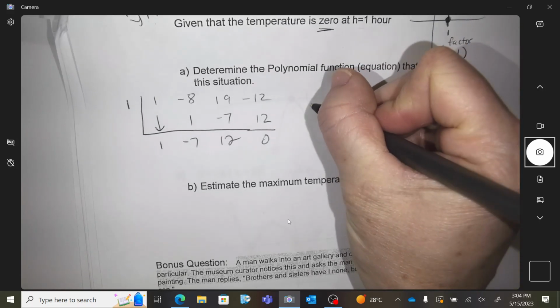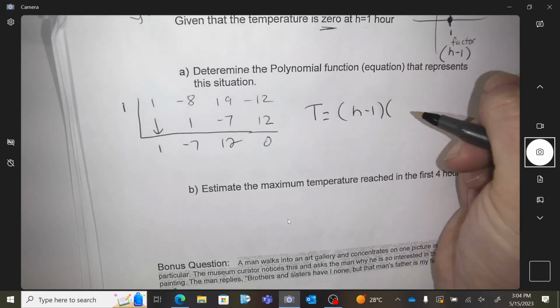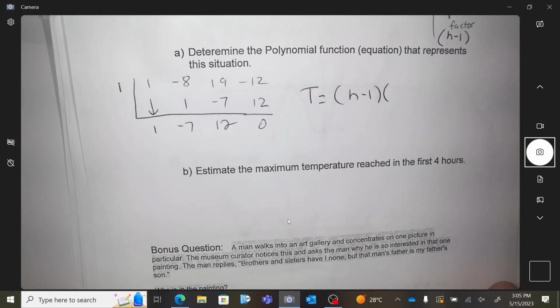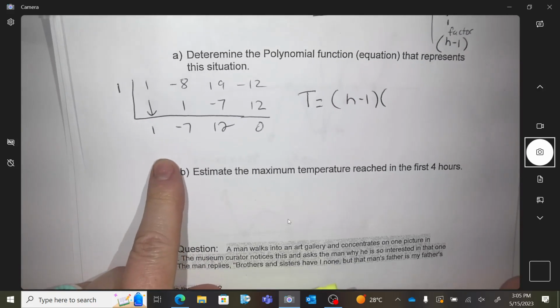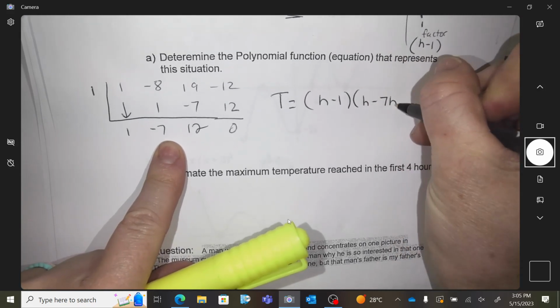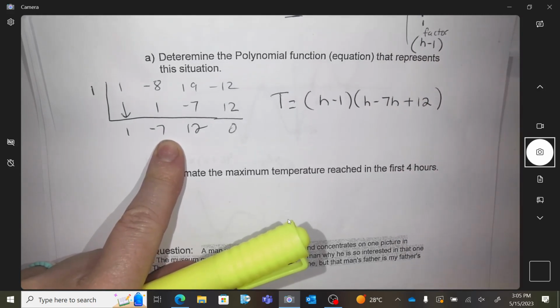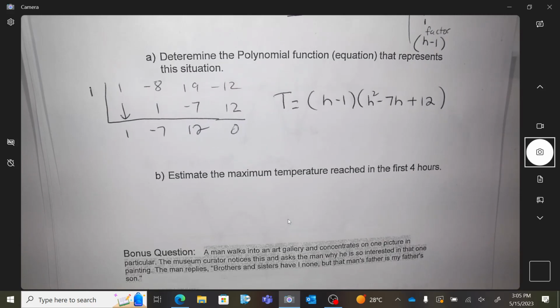Okay, so the temperature equals h minus 1 was the first factor before we divided. And then what do we get on the left over here? Factor h squared minus 7h plus 12. Everyone was good with that? They got that on their synthetic? Could you have it already in three brackets? Like, could you say that was